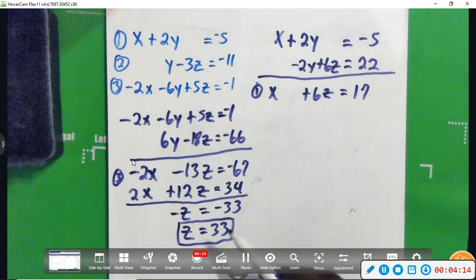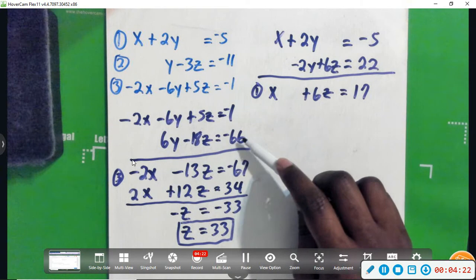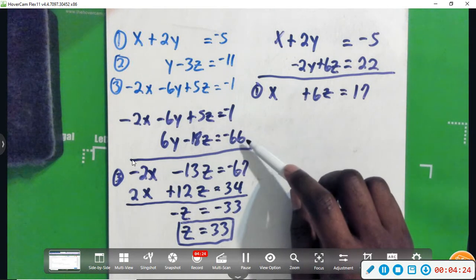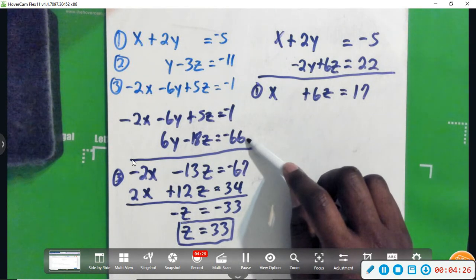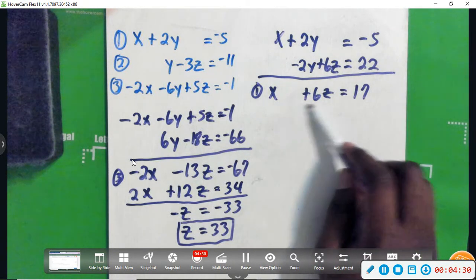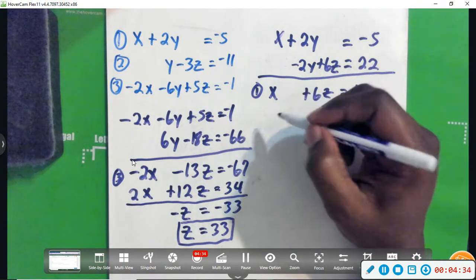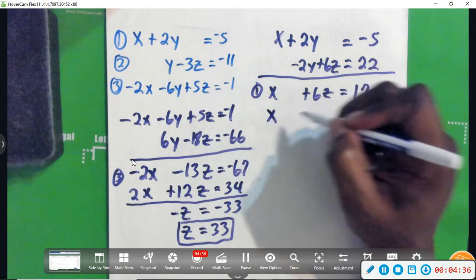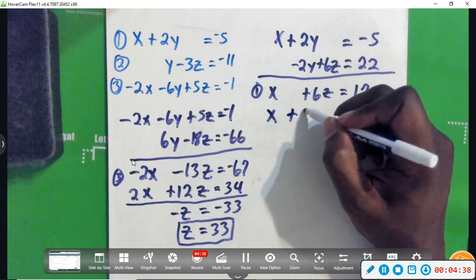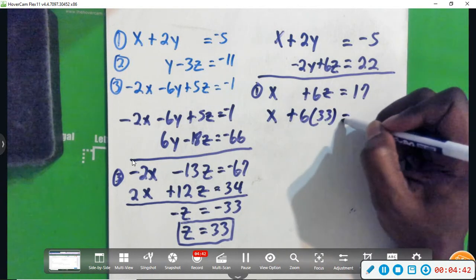Now we're going to use back substitution. So now I'm going to take this z value, plug it in to one of the ones that I manipulated. You could either use this one or, I don't think that one, this one or this one, but this one might be easier because x is by itself. So we're going to say x plus 6 times 33 equals 17,